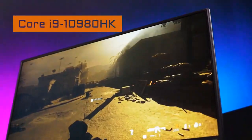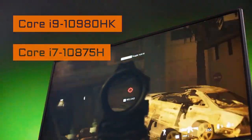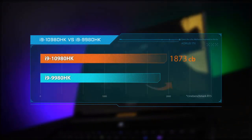You want something durable, and a laptop will survive a fall off of your roof. But if you want something that won't be irreparably damaged because it fell off your bed, the Aorus 17G might be for you. Don't buy it if you're on a budget. Starting at $1,799 with a GTX